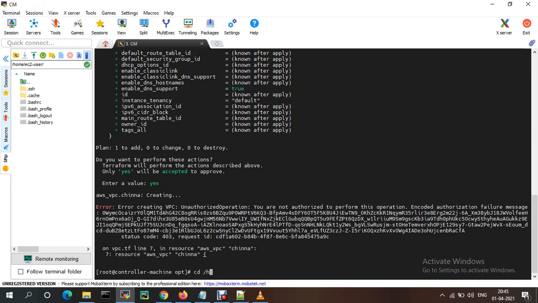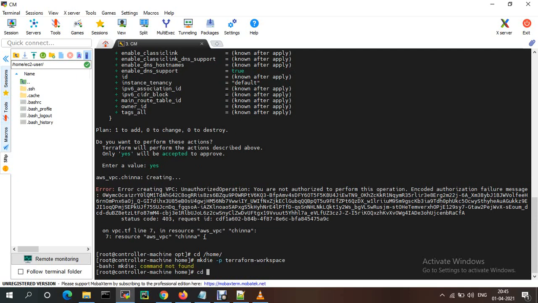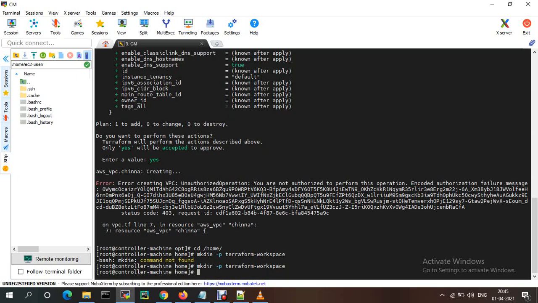cd home. I'm just creating a folder, like Terraform workspace, with mkdir. I'm cd into that one, then cd into the Terraform directory.